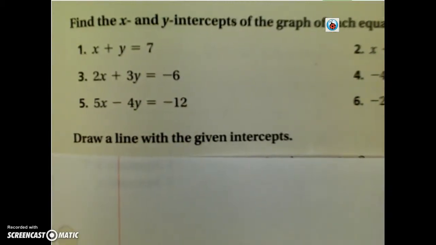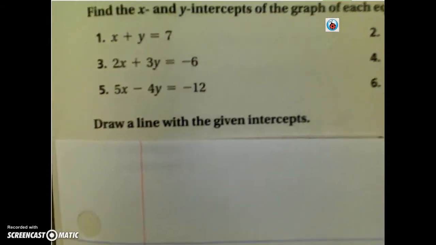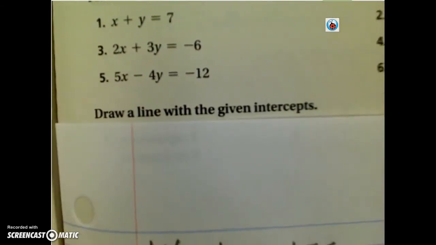Okay, so it just wants us to take a look at our equation and determine what our x-intercept and our y-intercept is. And we're going to express these as coordinate points. Now remember, the way to accomplish this is to take whatever our equation is,